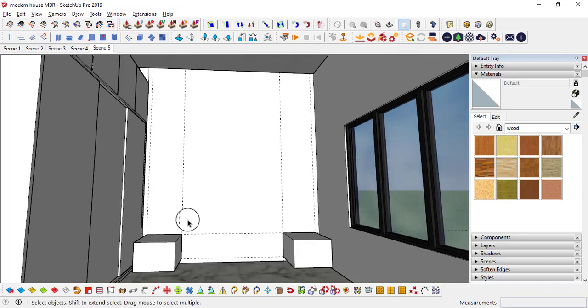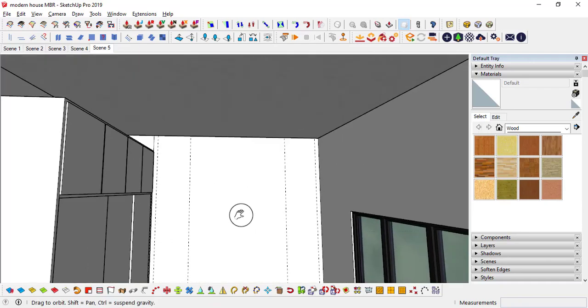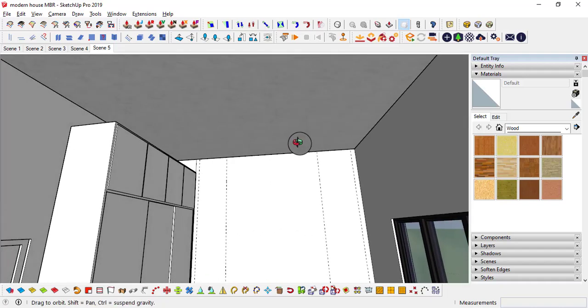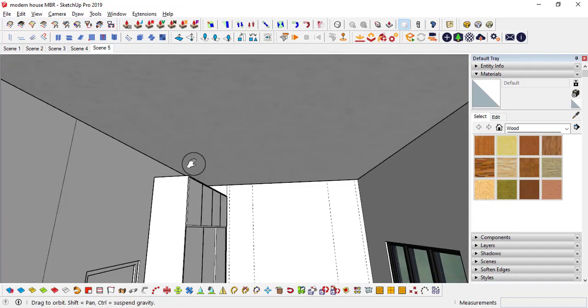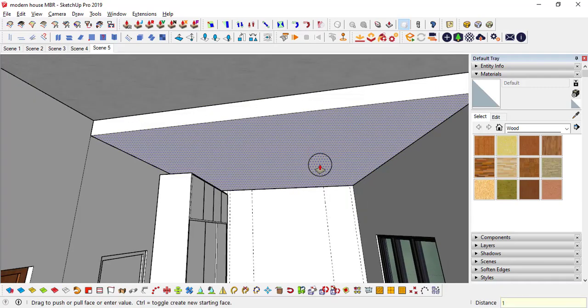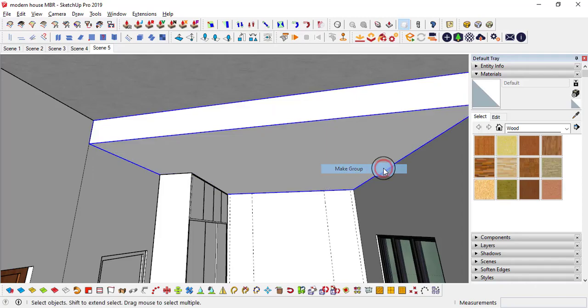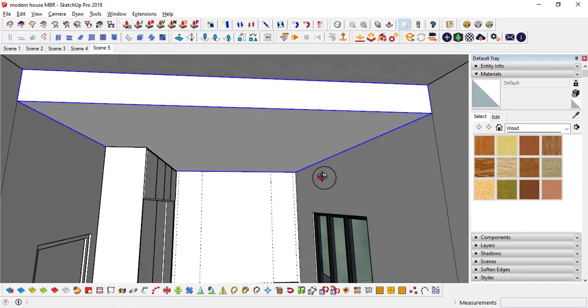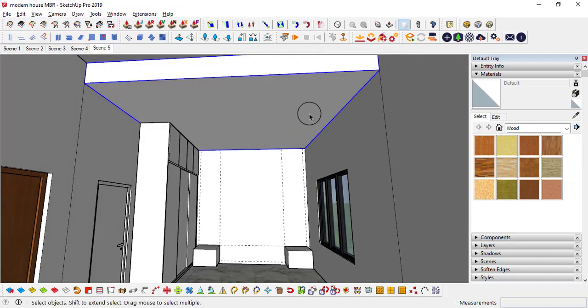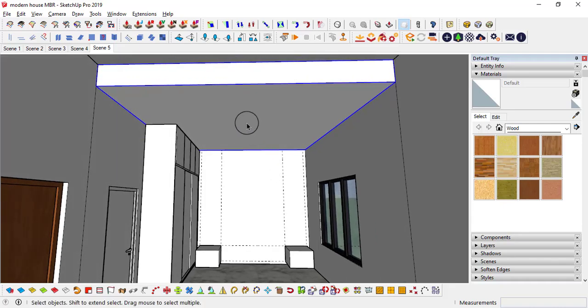Probably as I have made these two reference lines, we need to make one more ceiling, right? This is for the floor. I'm going to make a ceiling. I will make a rectangle, push-pull it 1 foot, make it a group. In conventional houses we can make 6-inch ceilings, but I have given a 12-foot floor height, so I am going to make it 1 foot. In between, you can do any design, that's up to you. For our scene I am going to make a simple scene.